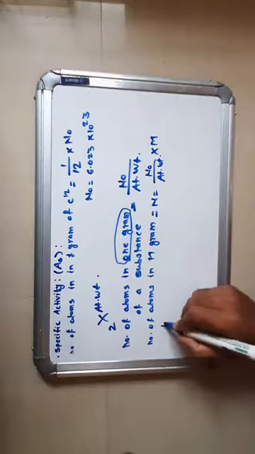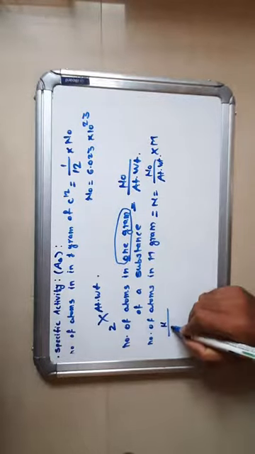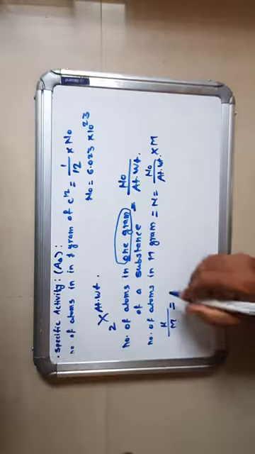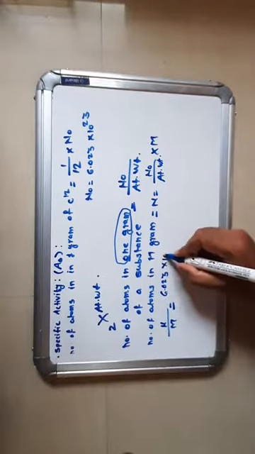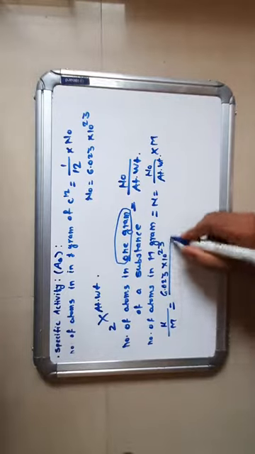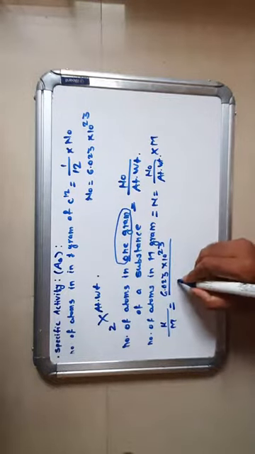Then N by M, after rearranging, is equal to N naught, that is 6.023 into 10 raised to 23, divided by atomic weight,